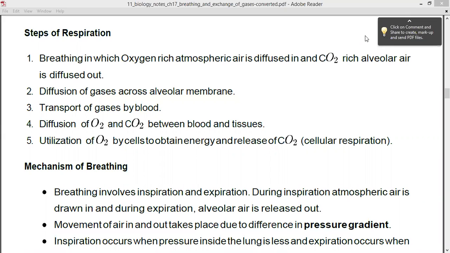The fourth step is the diffusion of oxygen and CO2 between blood and tissues. So the blood and tissues are responsible. The diffusion of oxygen as well as carbon dioxide again takes place between the blood and tissues. And the last step says that utilization of oxygen by cells to obtain energy and release of carbon dioxide, that